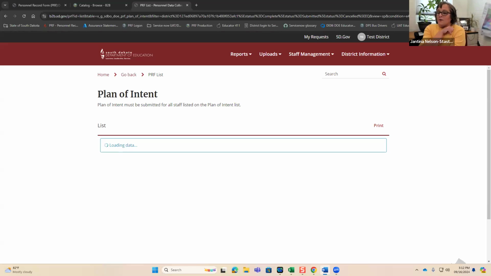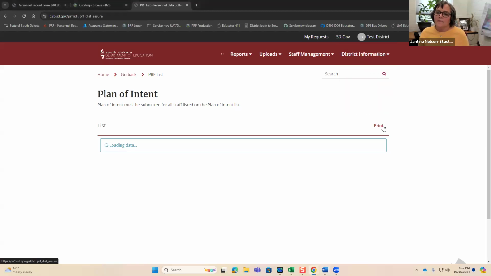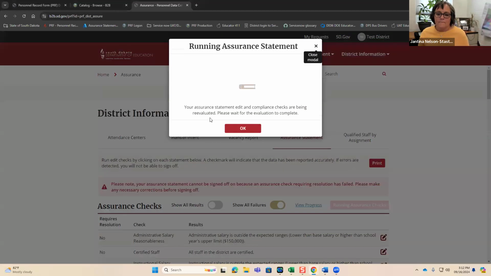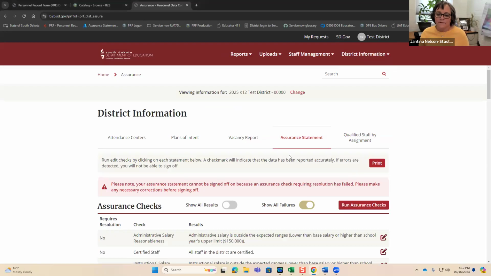But after October 15th, you're going to be locked out of the database. You can still access it to run reports and such. But you can't make corrections after that October 15th.